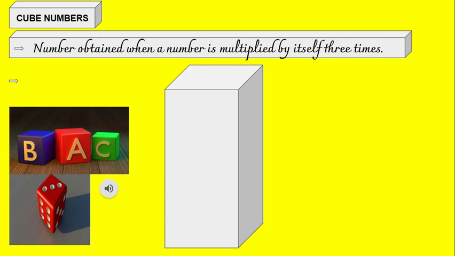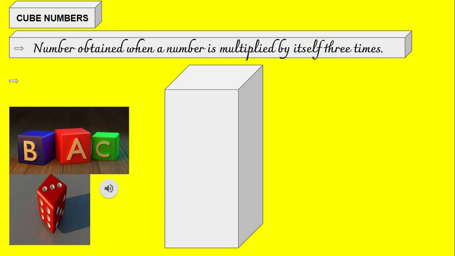Why? Because these numbers are such that if you arrange that many cubes together, they will form a perfect cube. Like how you saw in the previous example, you have 27 smaller cubes, you can make an arrangement which will form a perfect cube. Similarly, if you have 25 to the power 3 number of smaller cubes, you can again get a perfect cube. So that is why the name perfect cube.